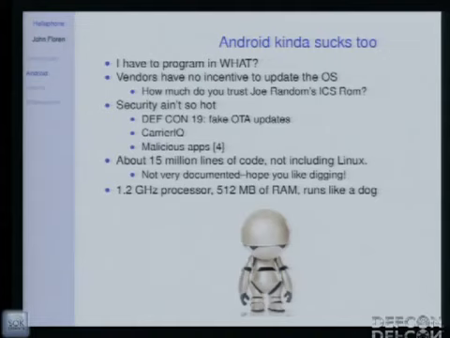And then, because we're paranoid people, how much do you really trust that Joe Random on the XDA forums, who has just said, here's a ROM I just cooked up? Do you really want to trust him? Maybe. He probably didn't put Carrier IQ on there. He's probably more trustworthy than AT&T. But who knows what's in there?